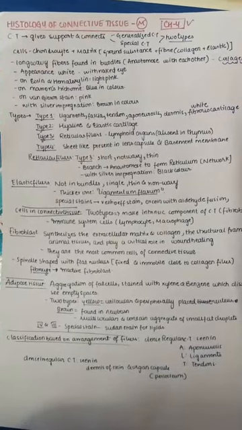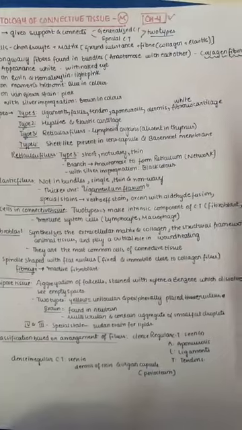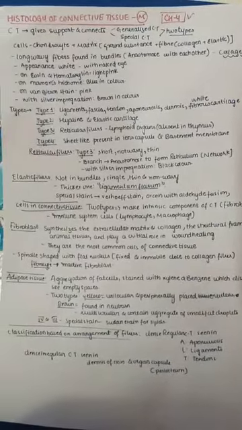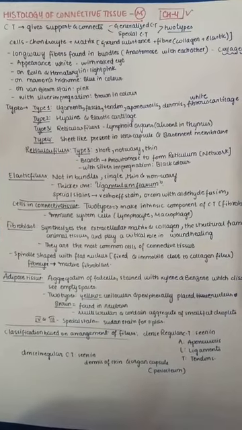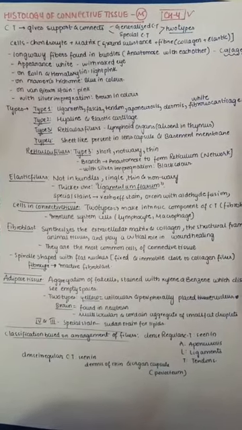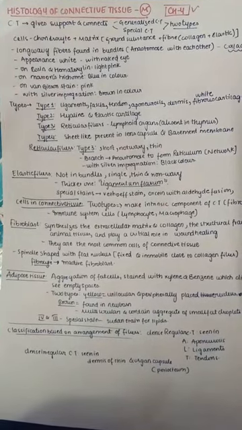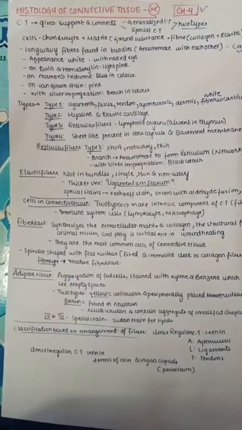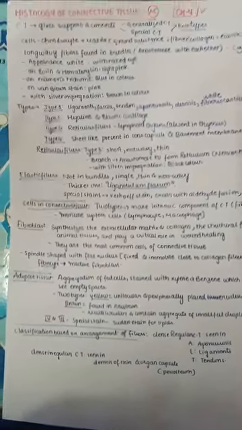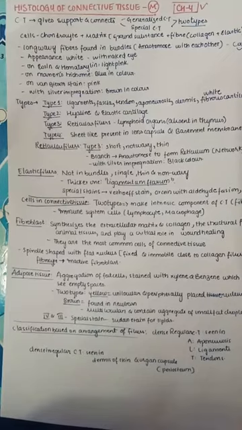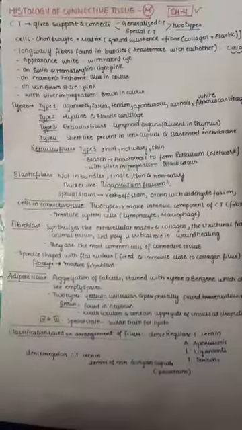So the long wavy fibers which are found in bundles and anastomose with each other are known as collagen fibers. The collagen fibers appear white if we see with the naked eye. On eosin and hematoxylin, they look light pink. On Masson's trichrome, they look blue in color. On Van Gieson stain, they look pink. And with silver impregnation, they are brown in color.